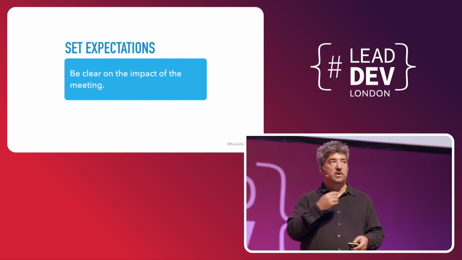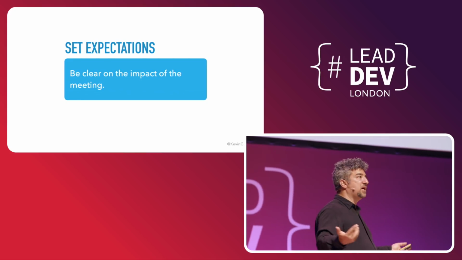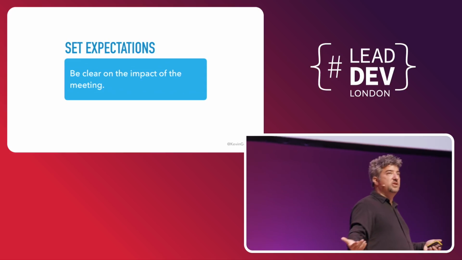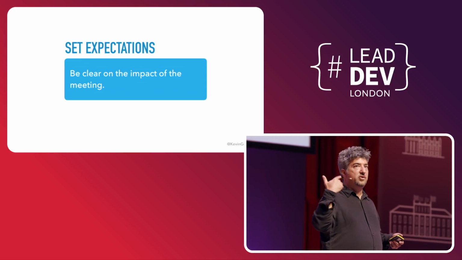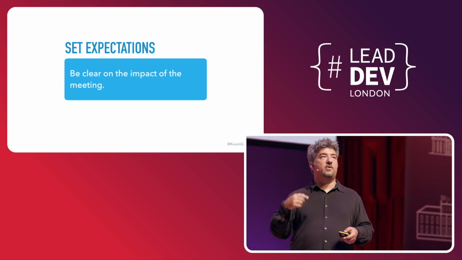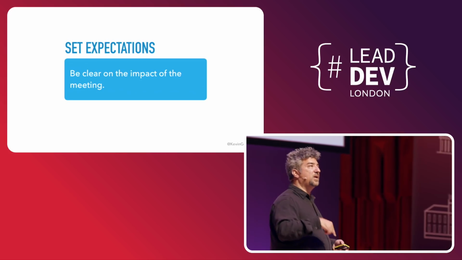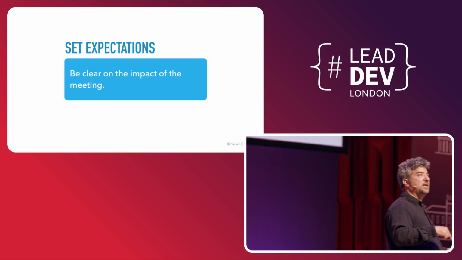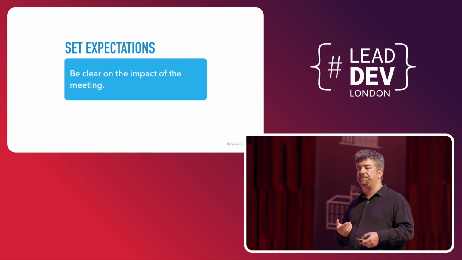Another thing that's really important and tends to get lost, set expectations on your meetings or your discussions. Are we making a decision or are we just talking? Because those are two very different things, and in your head you may have one thing and other people have something else. And if you're making a decision, people need to know, because they may want to prepare for that. They may care about that more than if you're just talking about something. So be clear with people.